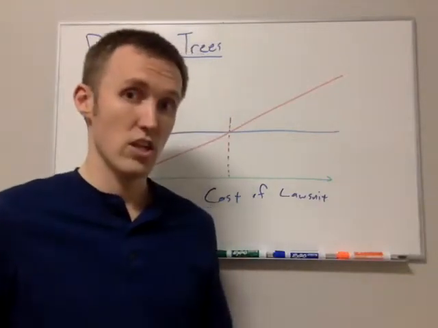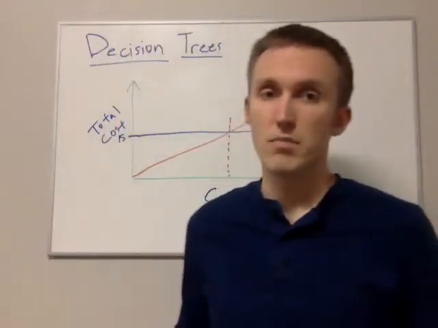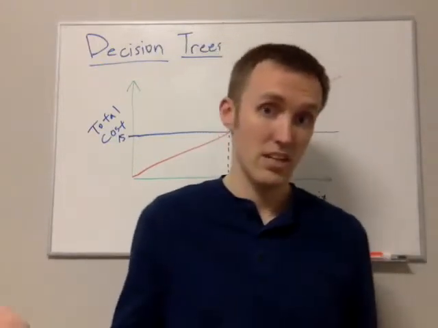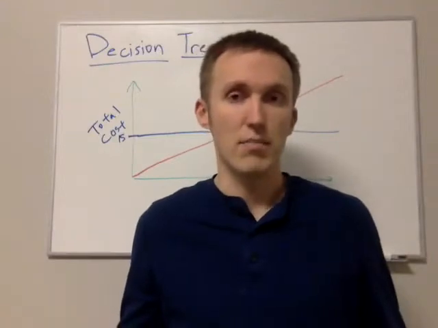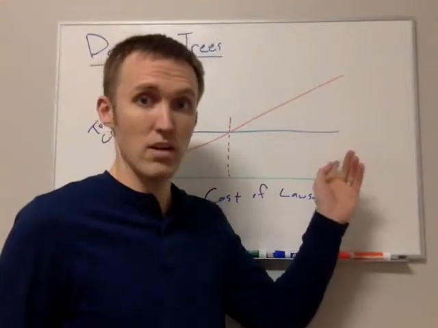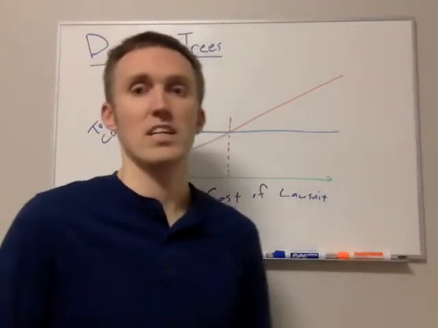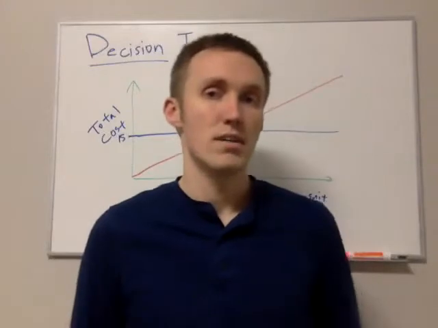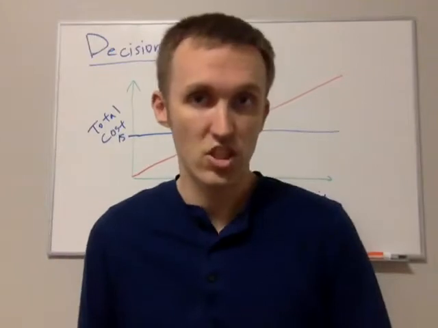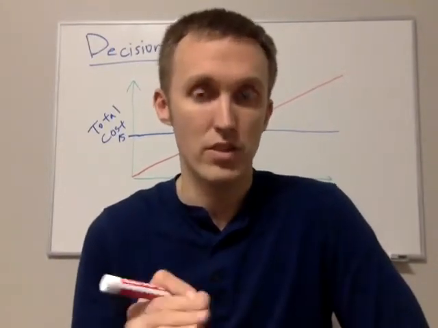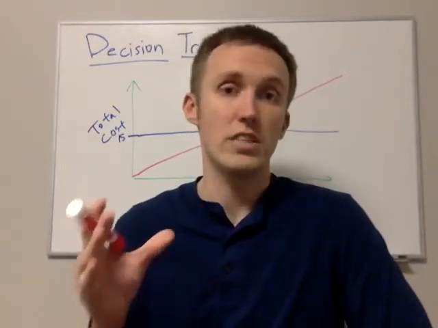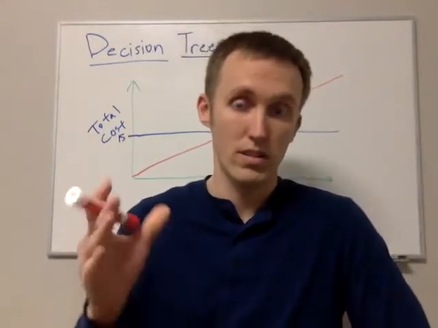The cost of the lawsuit changing makes the decision different depending on how much it is, right? So if your cost of your lawsuit is $0, if you're not going to pay out any cost, then obviously you're not going to clean up because it won't cost you anything. On the other hand, if the cost of your lawsuit is a large amount of money, $100 million or more, you're definitely going to clean up because it's way too risky. And notice that the probabilities of all these things don't change. It's not the probabilities of the lawsuit that's changing. Those are the same. It's the cost of the lawsuit which changes